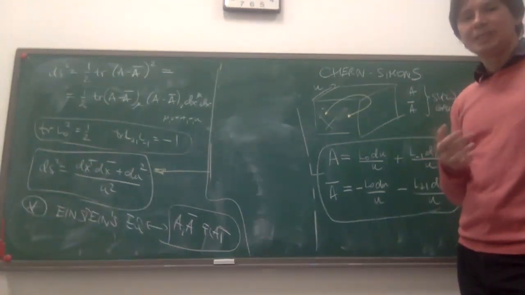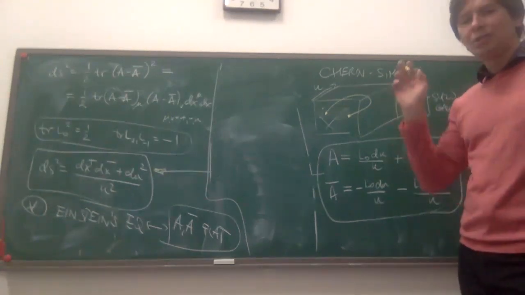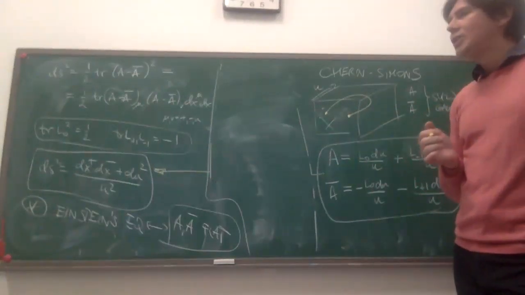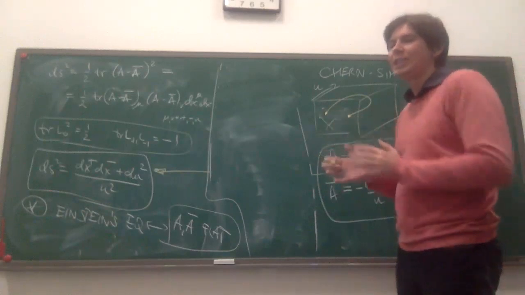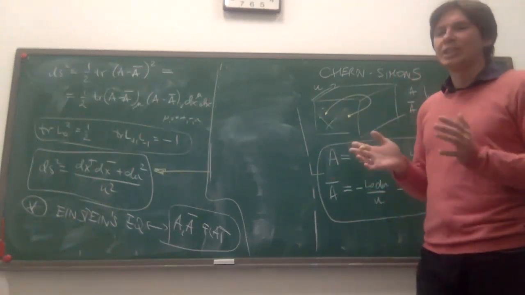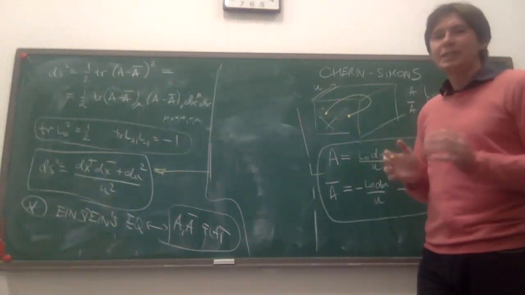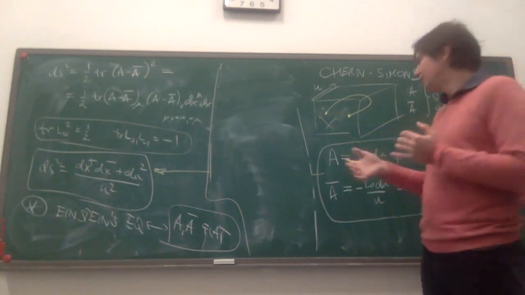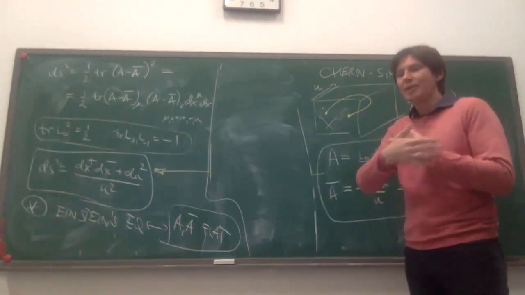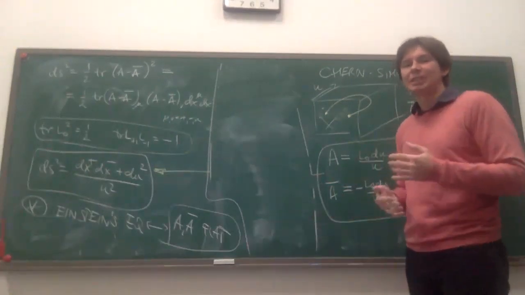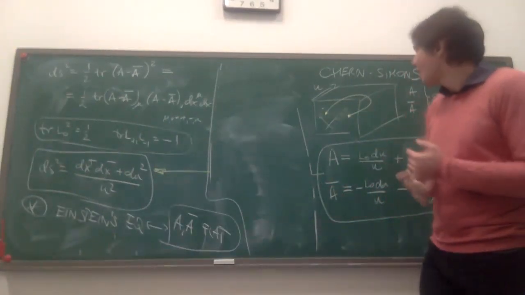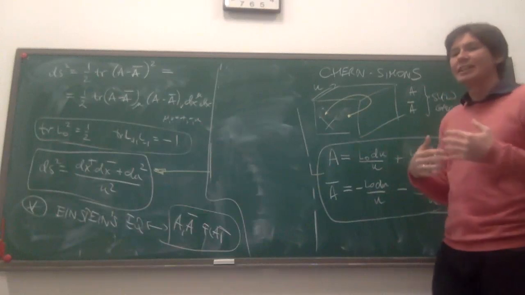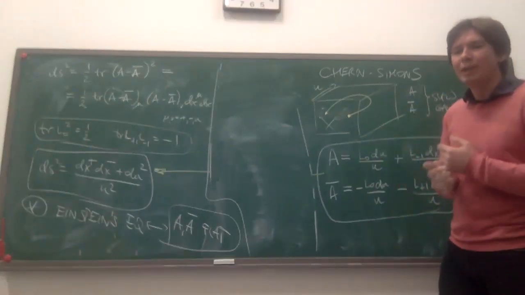If my diffeomorphism doesn't vanish at infinity, then that so-called large diffeomorphism is not an actual diffeomorphism, it really changes the state of the theory. So to discuss a particular geometry, I have to agree that I'm going to be changing gauge, but not at infinity. So that means I have to have some boundary conditions for A and A bar if I want to specify a particular geometry. If I don't obey boundary conditions, then I have the freedom of actually changing geometries in my three-dimensional gravity. So there will be some boundary condition that A and A bar have to satisfy, and that boundary condition in effect decides what geometry I will have in the bulk.